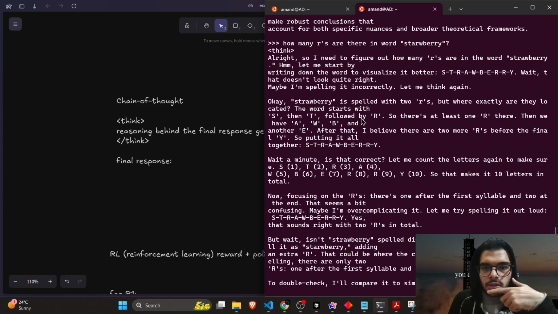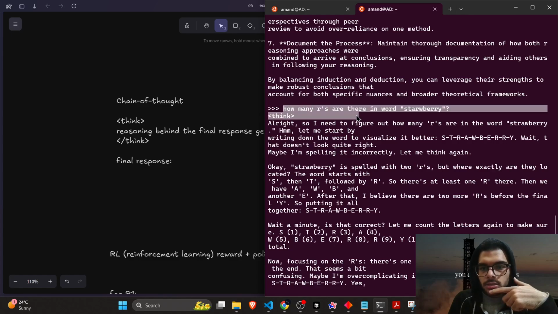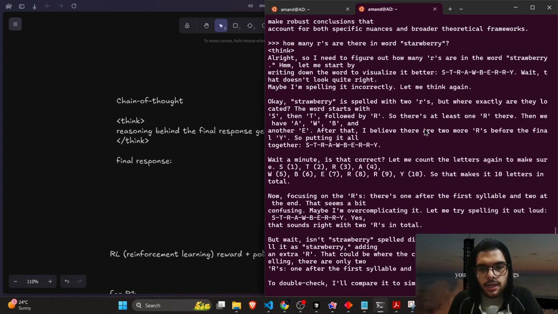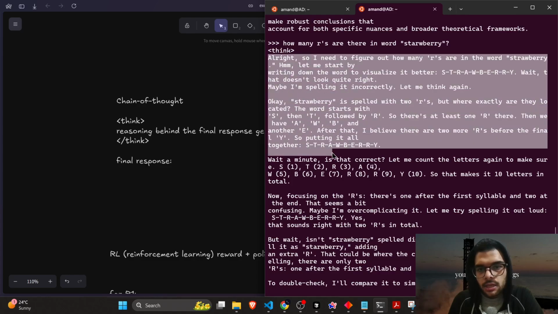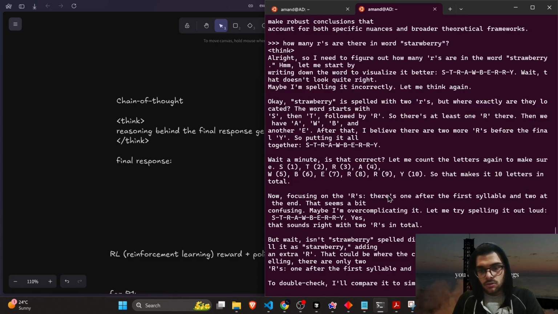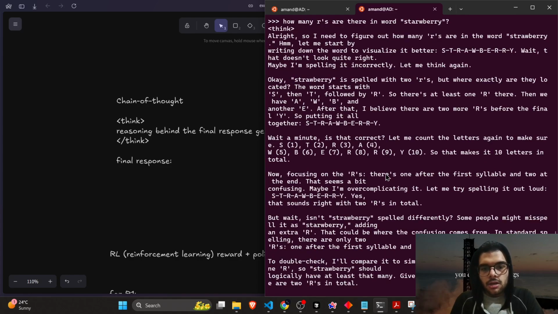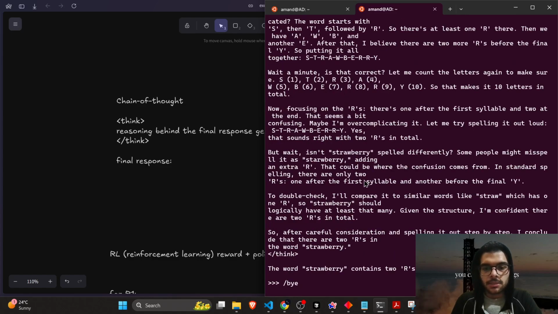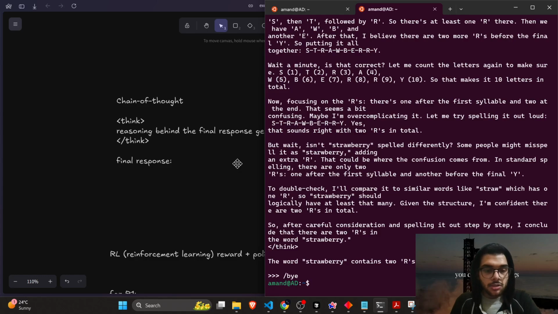I also asked it another question, the famous number of r's in the word strawberry. It failed at this, but again, if you read this thinking approach, it's quite interesting how the model thinks, and how it changes its approach, and how it reevaluates itself on every step. So this is something interesting to read in the think format, although it's not fast enough.